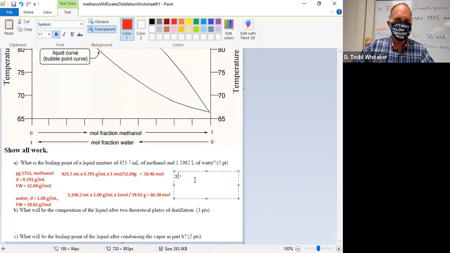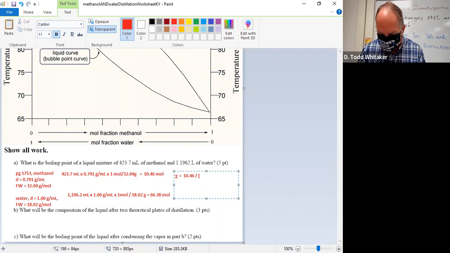I teach more than chemistry. Capital letter C on your typewriter. Change the font to symbol. Remember, they never tell you. Why didn't they just call symbol Greek? I don't know. But you need to know eventually you're going to write a paper for science class and you need to use your computer. Symbol font is Greek. So moles of methanol